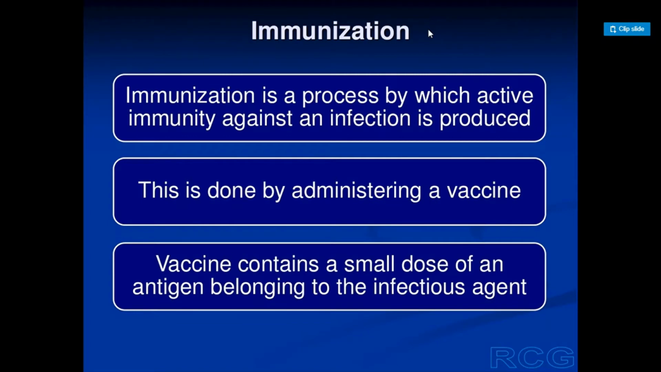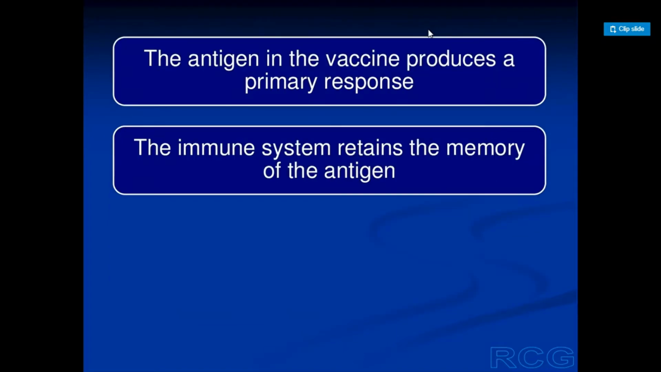Now another term that comes here is immunization. Immunization is a process by which active immunity against an infection is produced. This is done by administering a vaccine. A vaccine is a small dose of an antigen belonging to the infectious agent, and this antigen in the vaccine